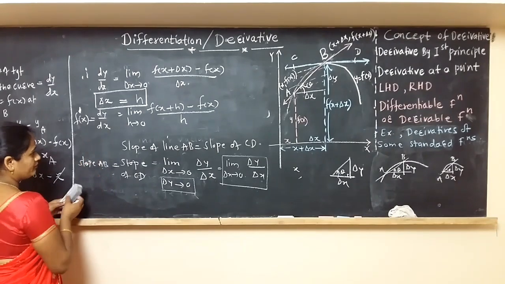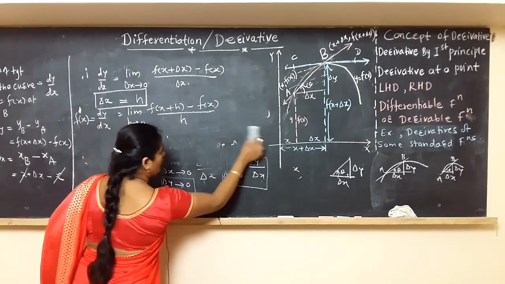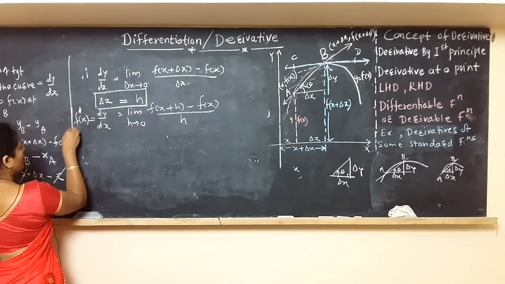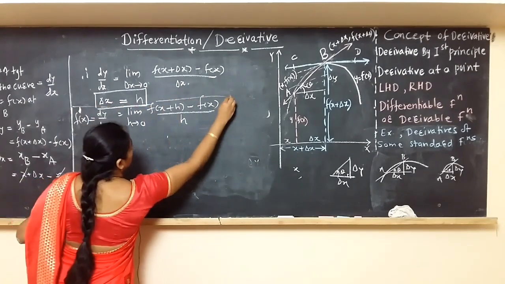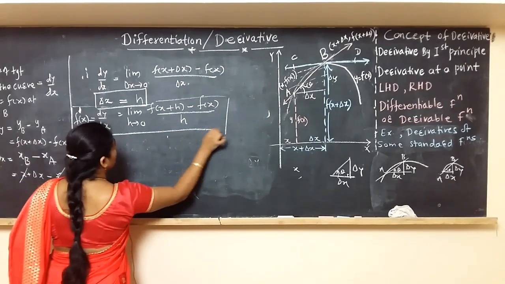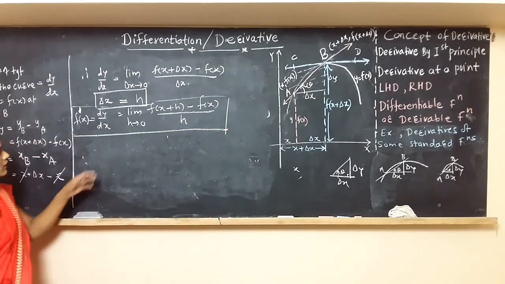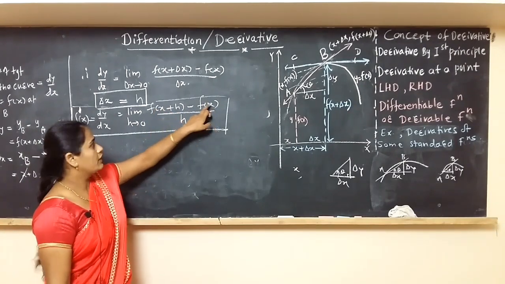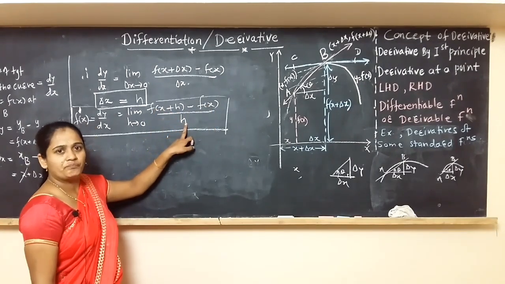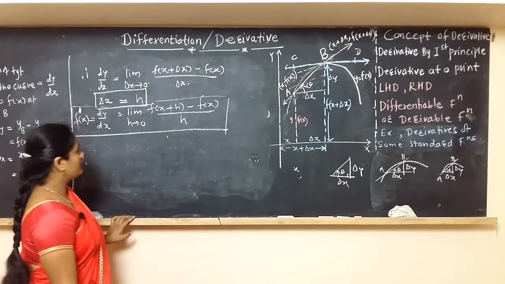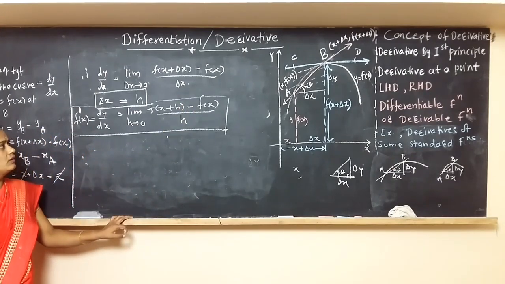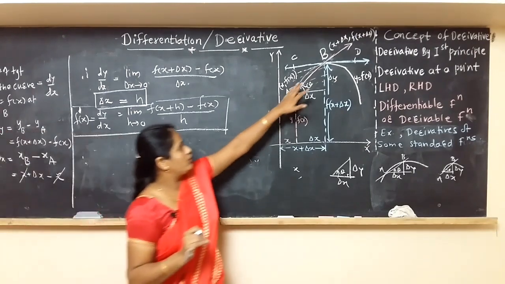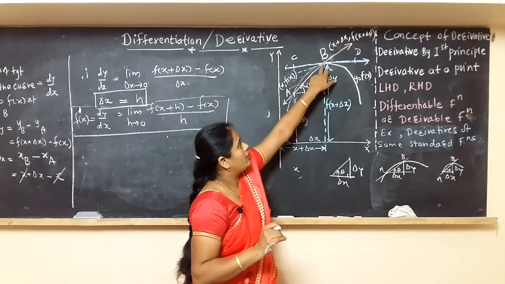Actually, this dy by dx symbol represents the Leibniz notation. We call it as a derivative given by the first principle. Again, if we observe this represents the change in y with respect to change in x. So always remember that this is the definition given by first principle, represents the tangent line to the curve at a particular point.